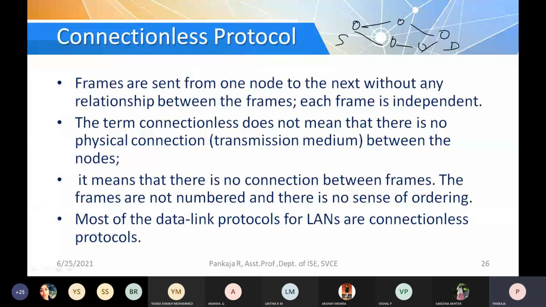Just remember that the term connectionless does not mean there is no physical connection. There will be a physical connection. It indicates the logical connection, not the physical connection. Logical connection we have already discussed in the switching part: how a connection is established, how a logical connection is established, how data is transmitted. This subject is very interesting and it is a fundamental subject. You should know these basics. Without this, whatever advanced topics you're going to learn